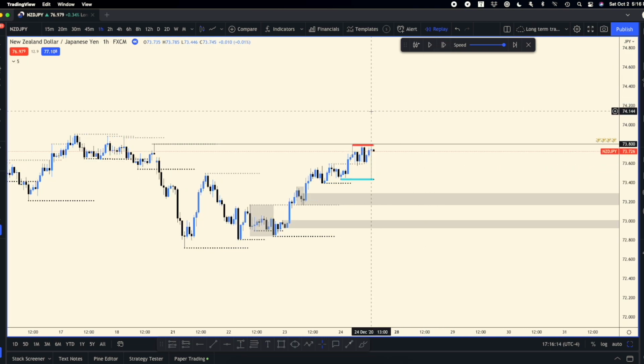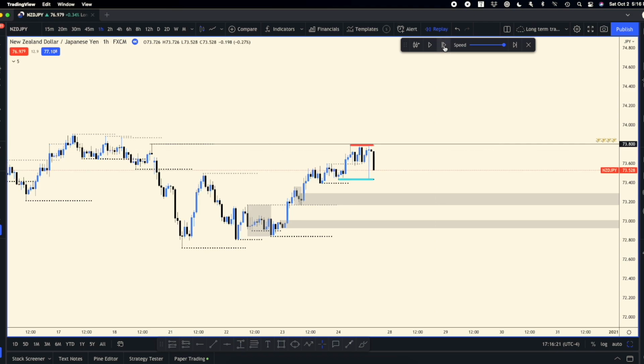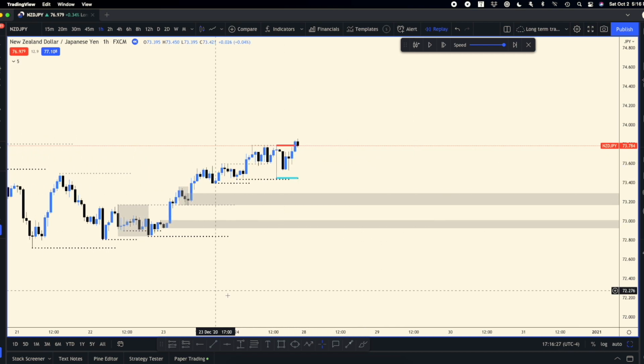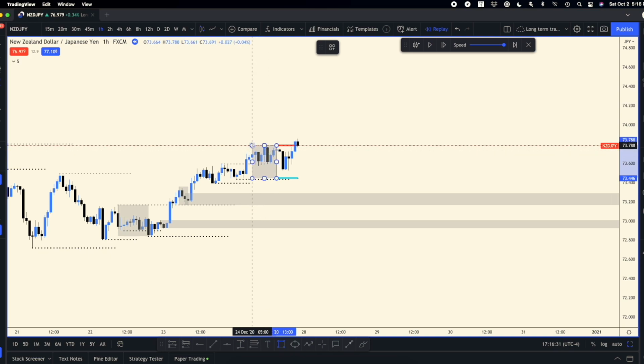See, that's why I hate NZD. Look at this. I hate NZD pairs. But anyway, we'll love them today, huh? All right, so it broke. So what we can do is follow order flow, right? So here,